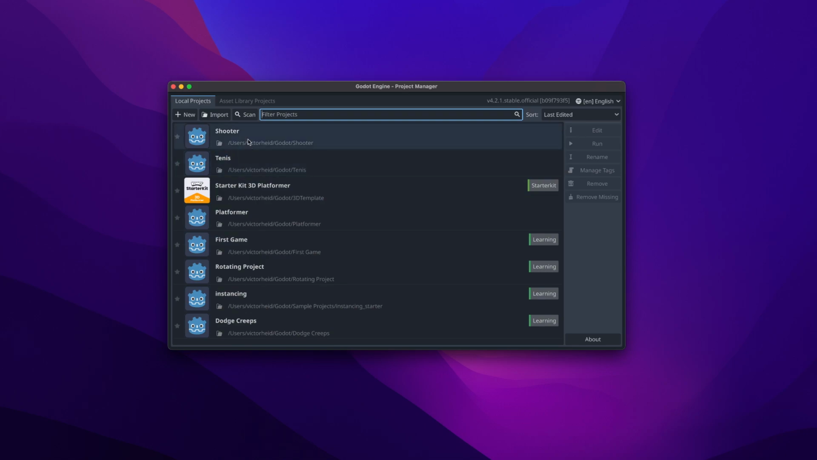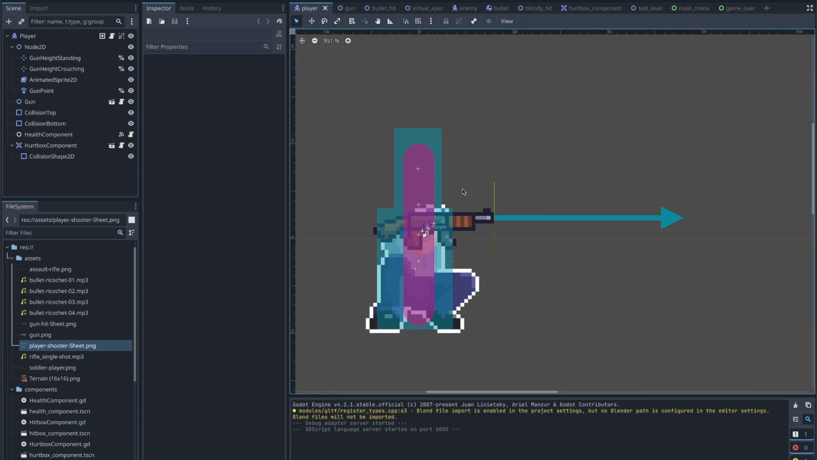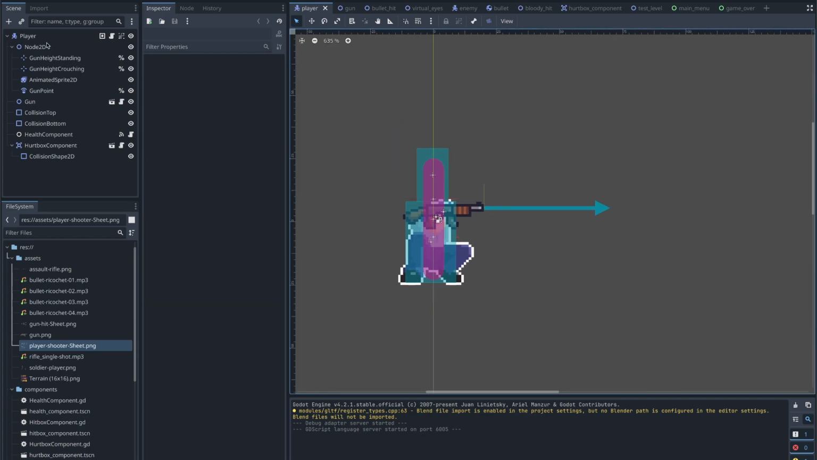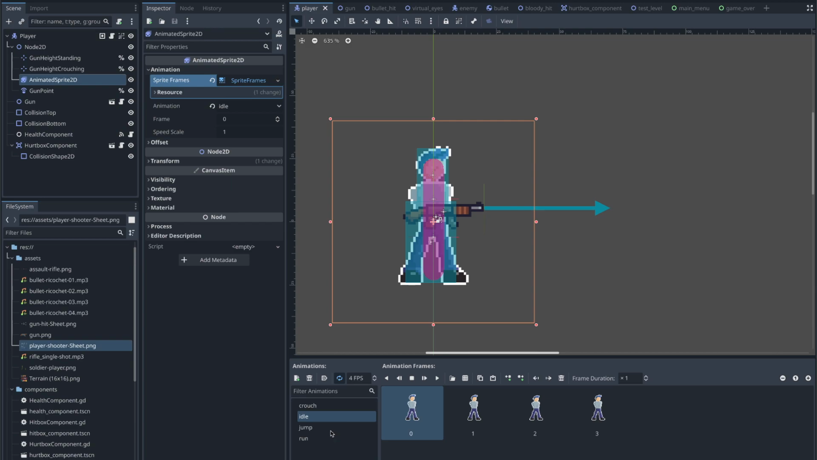The first one that I did wasn't from a tutorial. It was the shooter. So I'm gonna open it here. Let me bring that over. Come on, it's on the other screen. Yeah. So the concept of this one, I want to do a platformer, and I want the player, this guy here, to have a gun